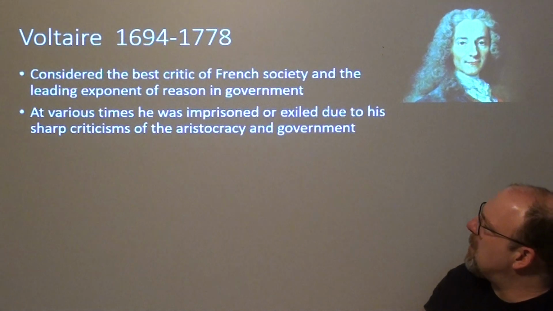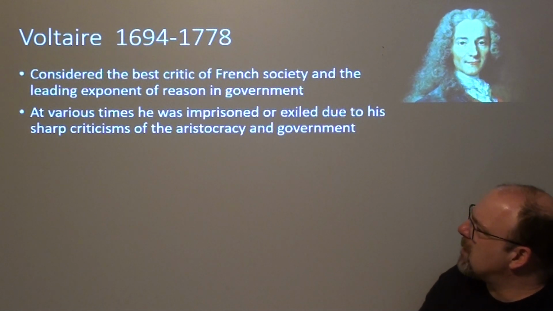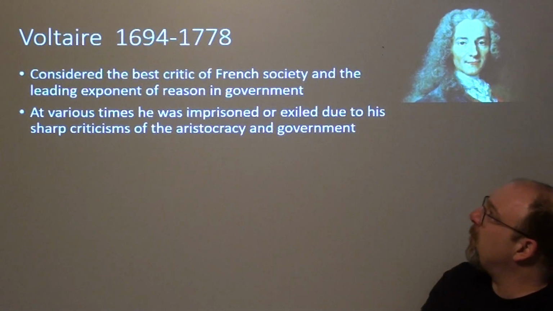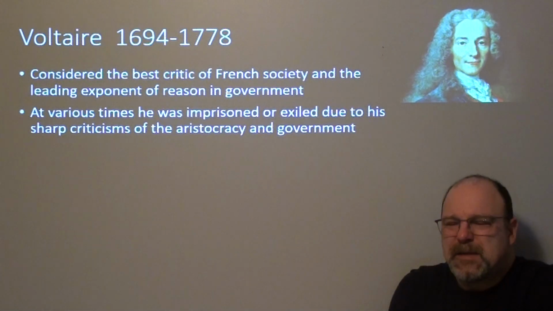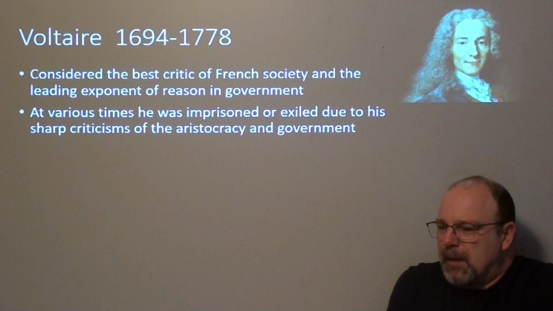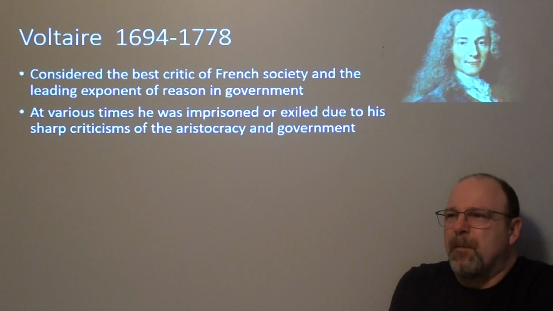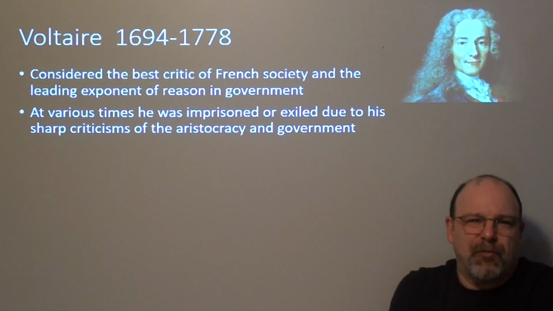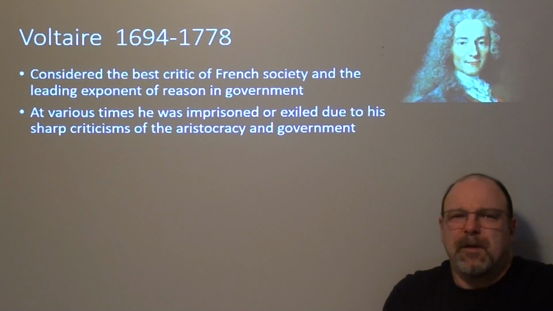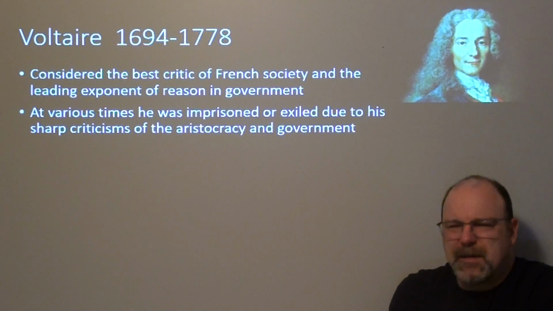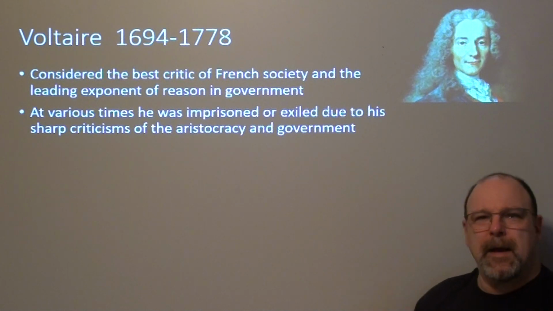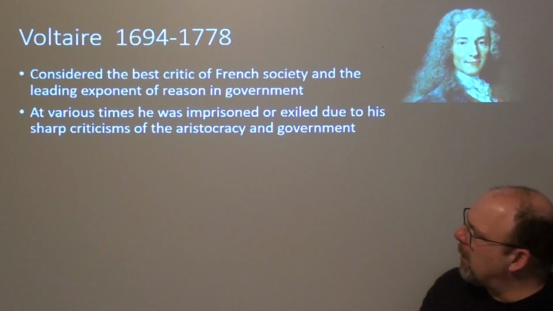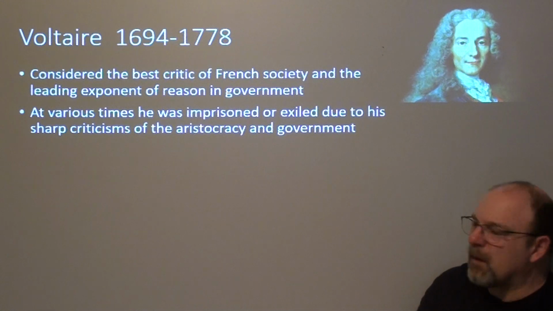At various times he was imprisoned or exiled due to his sharp criticism of the aristocracy and government. I mean, he himself was an aristocrat, but he couldn't help but be sickened by some of the habits and the attitudes of some of these people who just lived for the sake of living and didn't really care about other people and were hedonistic and drank too much and were adulterers and all these things, and he just thought it was immoral and completely pointless. So there were those enlightened aristocrats like Voltaire who would have been very critical of